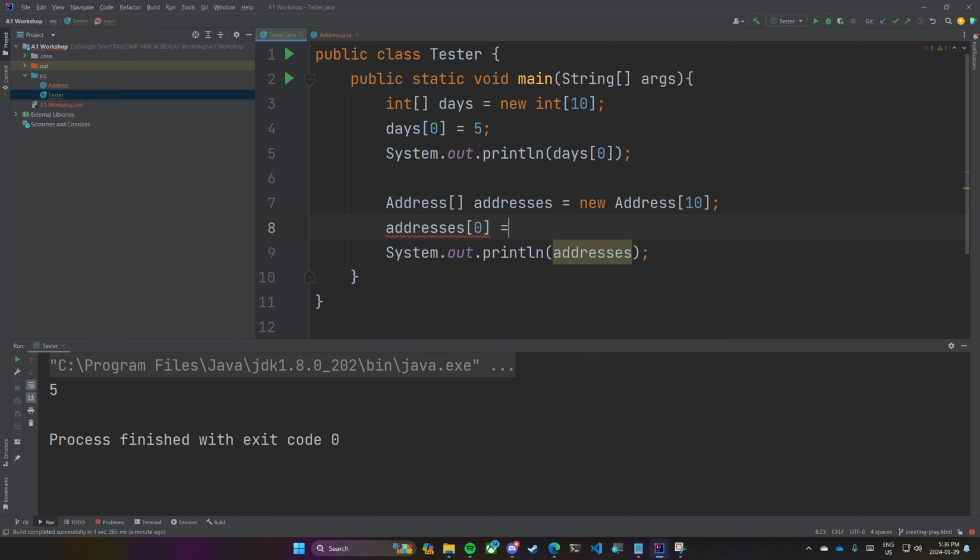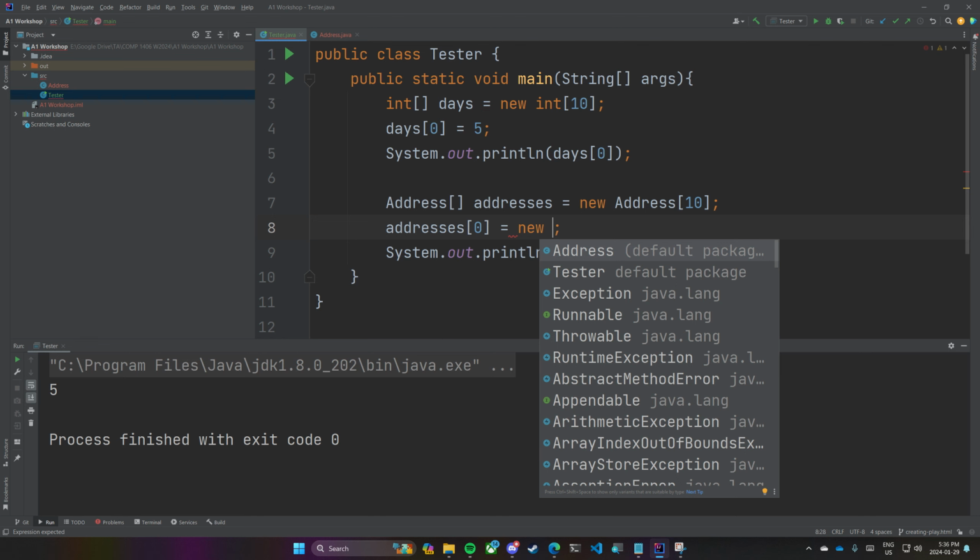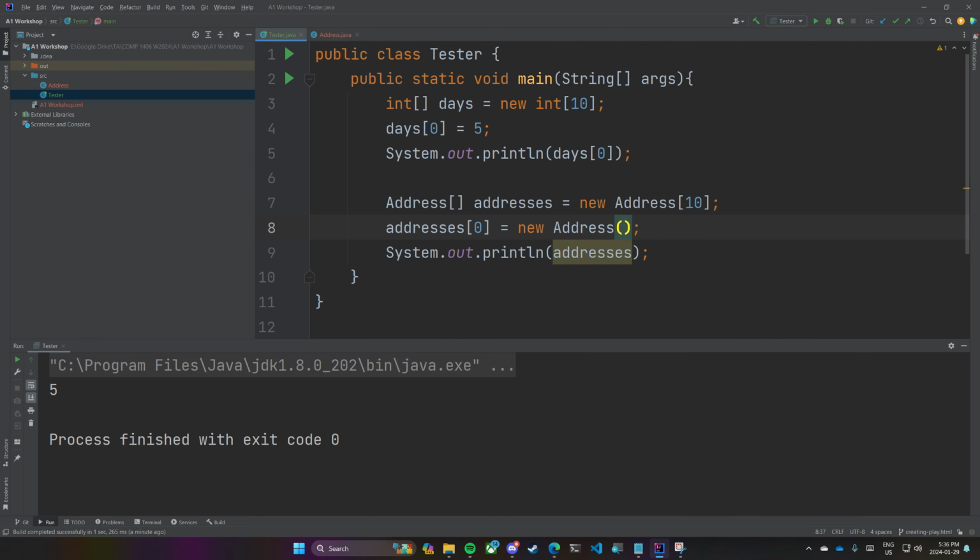Before we just put in the value 5 up here, but now we actually need to make an address object inside of the array. So we use the new keyword again to put an address onto RAM. All